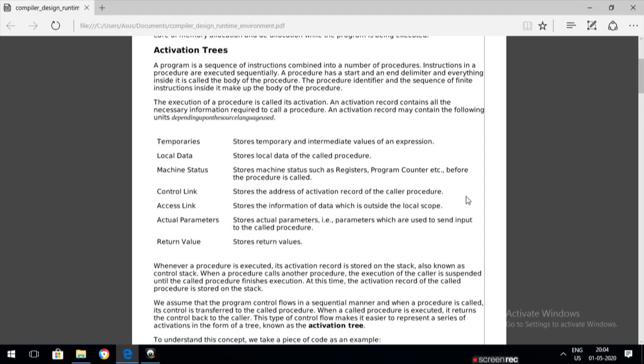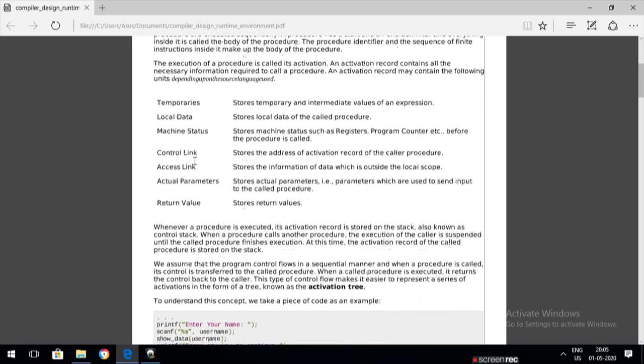For example, when a procedure has to be called, we have to maintain data. The first parameter used in an activation record is temporaries. We have to store temporary and intermediate values of an expression. Then we have local data, which the program needs to be loaded, and we have the machine status.